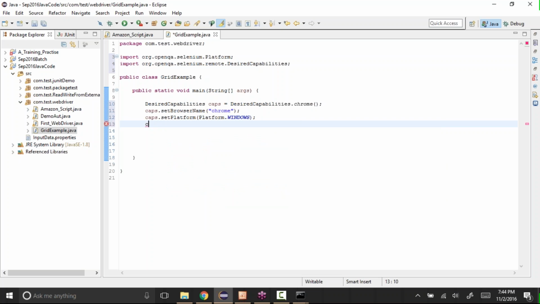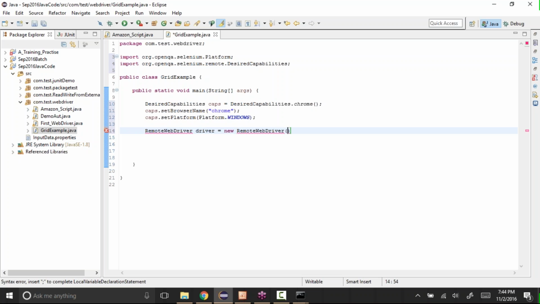But basically all we do is set the browser name and the type of platform that you want to execute on. Okay, so once this is done, what we need to do now is create the WebDriver object. So for that, remote driver equal to new remote web driver of new